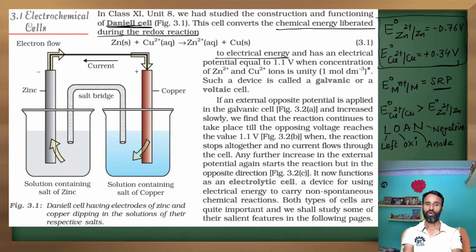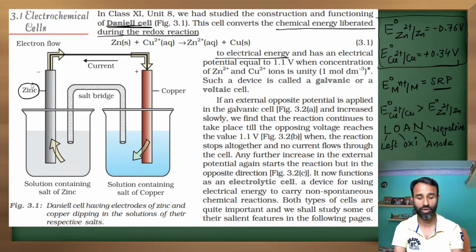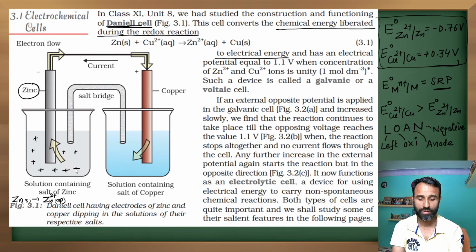Okay, how do we know, and why will it get a negative sign and the other one a positive sign? Because zinc is a source of electrons, because on zinc oxidation takes place. So when oxidation takes place, this will get positive, and electrons are accumulated